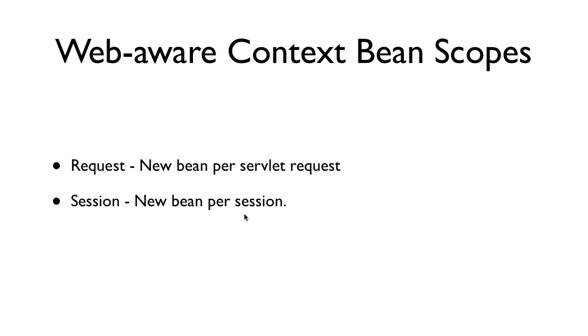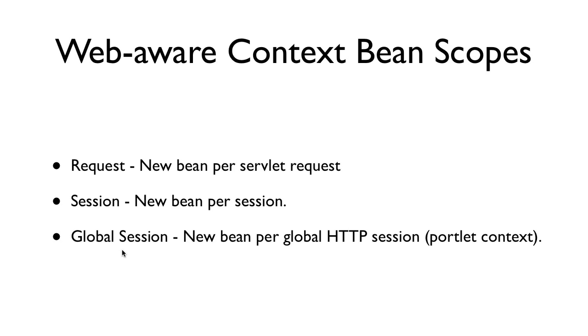As long as there is one user accessing in a single session, no matter how many calls to the get bean happen in the code, only one bean is returned. But if it's a new user in a different session, then a new bean is created. And the third one is a global session. This is applicable in the portlet context, where you have a global session and the individual portlet sessions. In that case, you can tie a bean to a global session. We're going to look at these web-aware scopes later on, but I hope the basic scopes of singleton and prototype